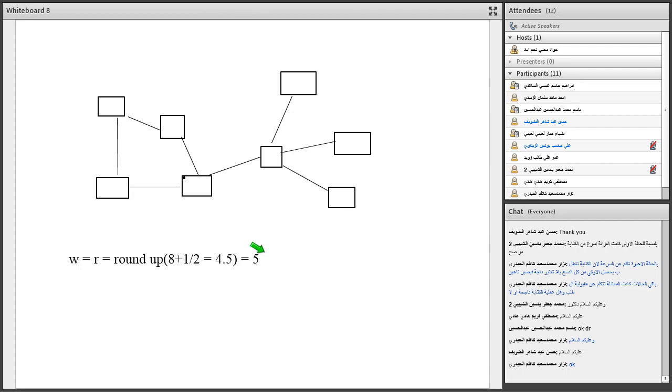We know that it's a simple equation. And when the connection between these two machines is cut off,